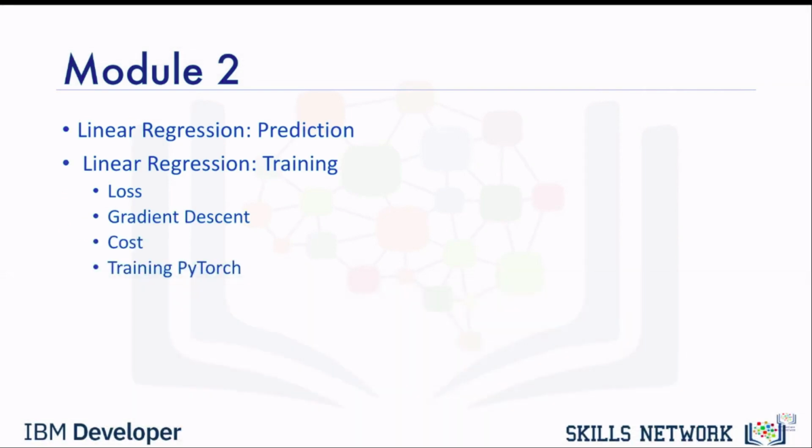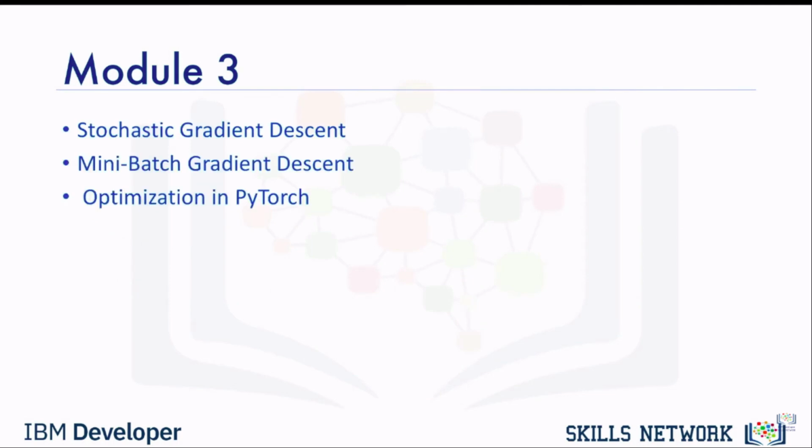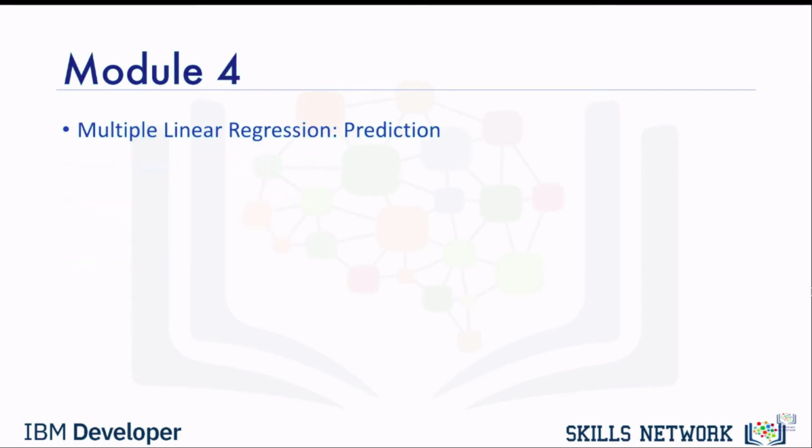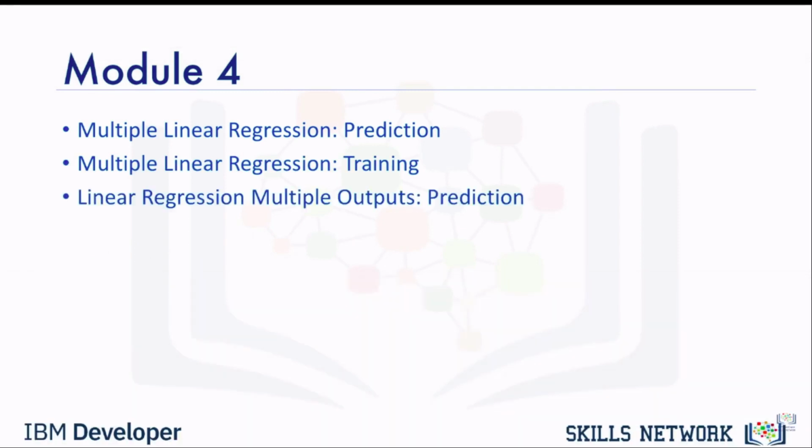Finally, we'll discuss training in PyTorch. In Module 3, we'll discuss stochastic gradient descent, mini-batch gradient descent, optimization in PyTorch, training and validation, and finally, early stopping. In Module 4, we'll discuss multiple linear regression prediction, multiple linear regression training, linear regression with multiple output prediction,